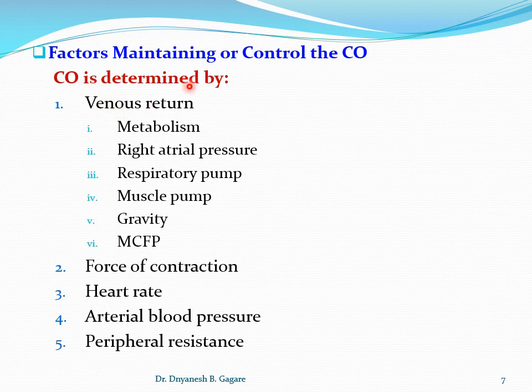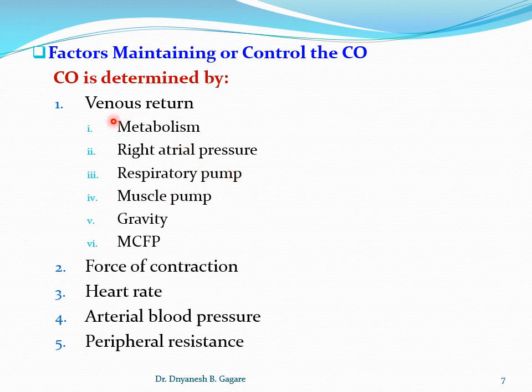Cardiac output is determined by, first in your answer make out the list, the very important factor that determines the cardiac output, it is venous return. Now again I will remind you that normal cardiac output at resting state is 5 to 6 liters per minute. And the definition is the amount of blood pumped by each ventricle into the circulation. For example, cardiac output is the amount of blood pumped by the left ventricle into the aorta.